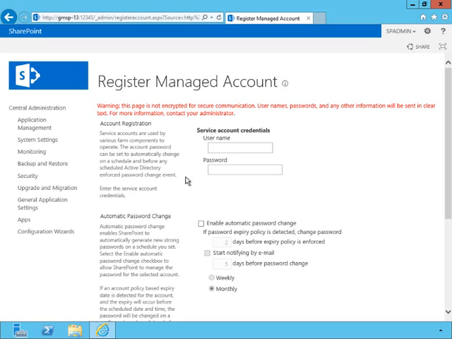What managed accounts do in SharePoint: SharePoint has the ability to configure permissions for any identity assigned to a service application. It also can change passwords for managed accounts in Active Directory and for SharePoint. So let's take a look at this. We're going to add in that SP service account, put in our password,